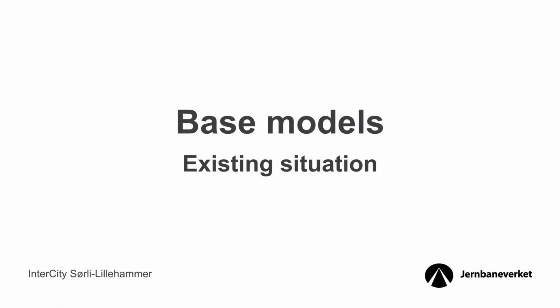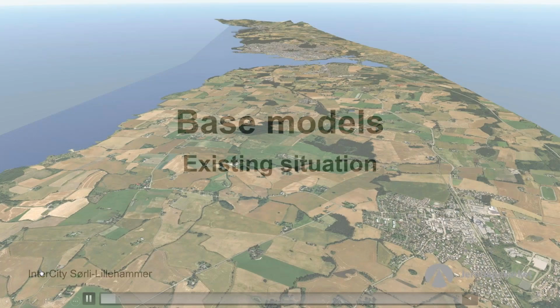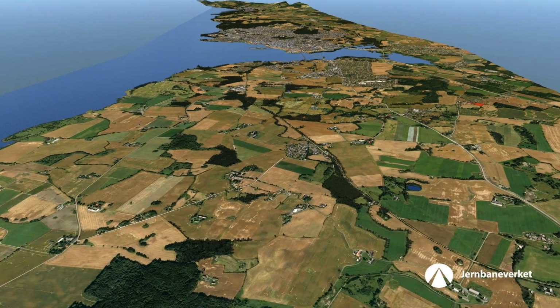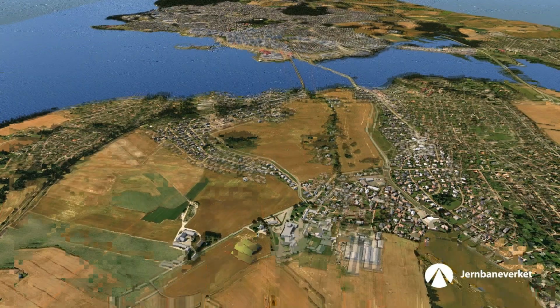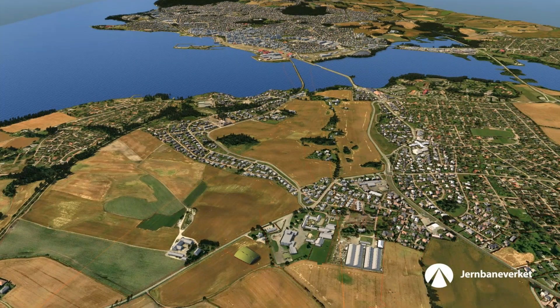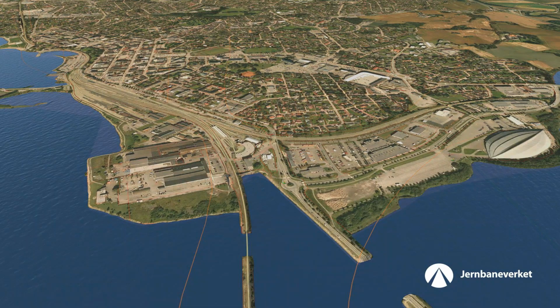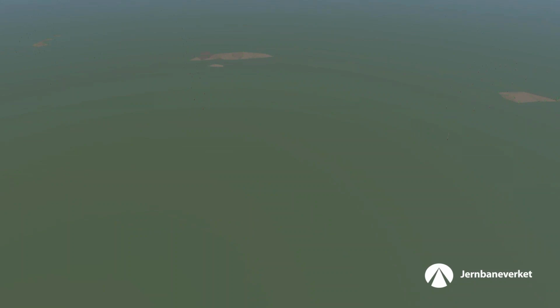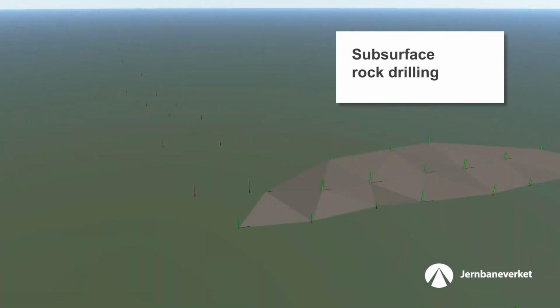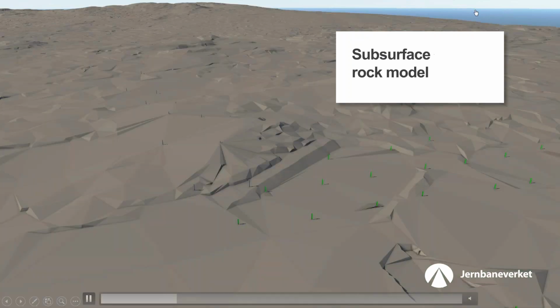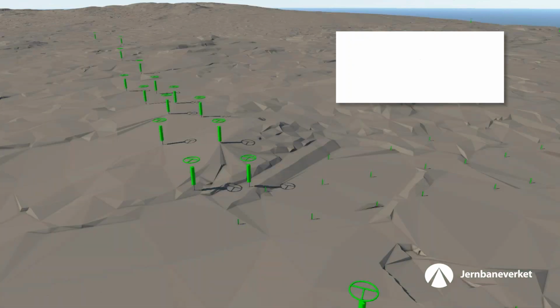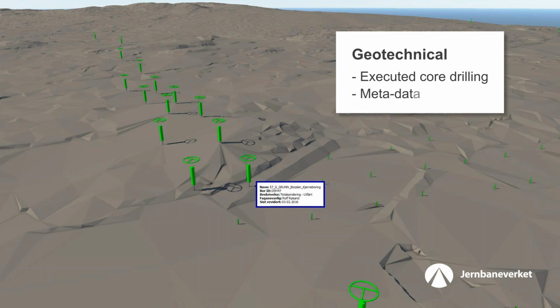So in fact, what they had is they were receiving the data, and obviously data can be from different sources. And if you see here, this is the entire model where they had a lot of other information, not only existing ground, but you can see many other features. And let's have a look at everything they put into the model. So first was, let's say, subsurface layers. So then not only a rock model, but also other strata. Then geotechnical information about